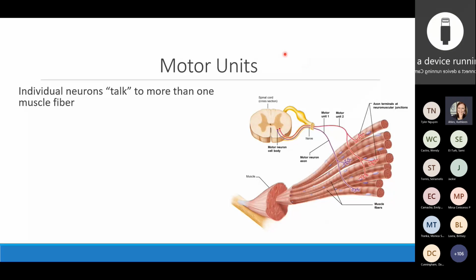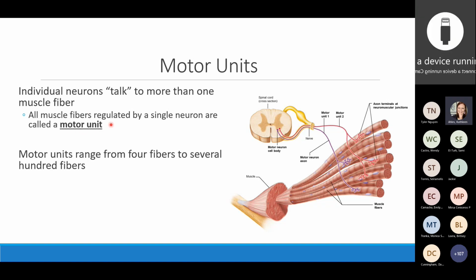When we do muscle contraction, we're usually not just talking to one muscle cell. So what we're going to talk about now are things called motor units. Motor units are when we use more than one muscle cell to contract at the same time. So maybe it's 3 muscle fibers, maybe it's 20 muscle fibers. However many fibers all get their same message from the same neuron, we call them as a group a motor unit. So when we talk about motor units, groups of muscle fibers that contract at the same time,